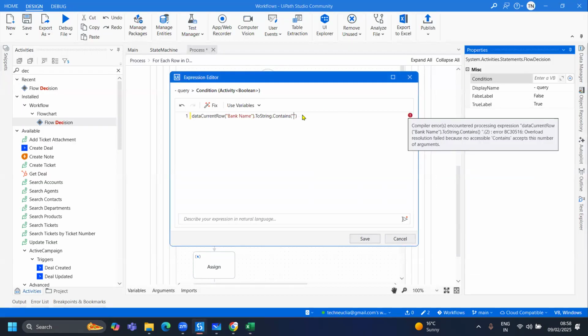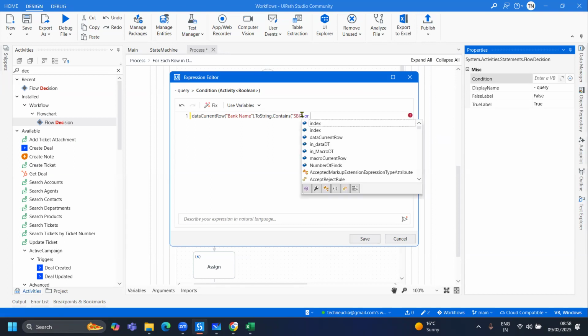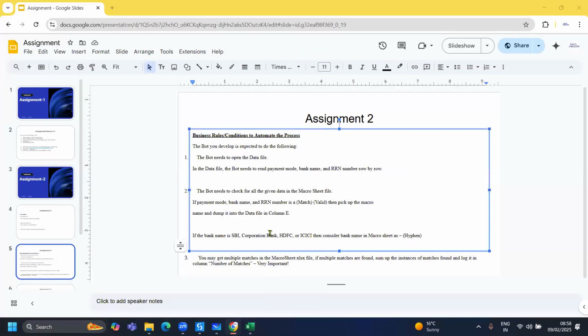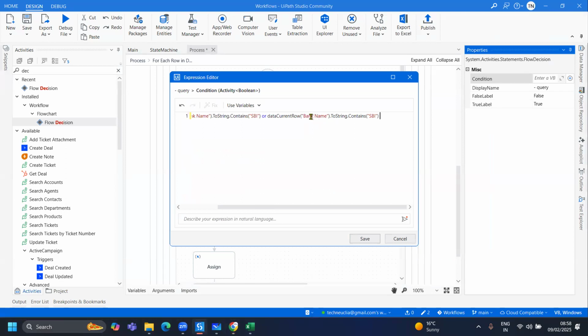Or condition, if my bank name contains SBI, corporate bank. Oh my God, there are two things. Let's copy. If my bank name contains in data, my bank name contains, or